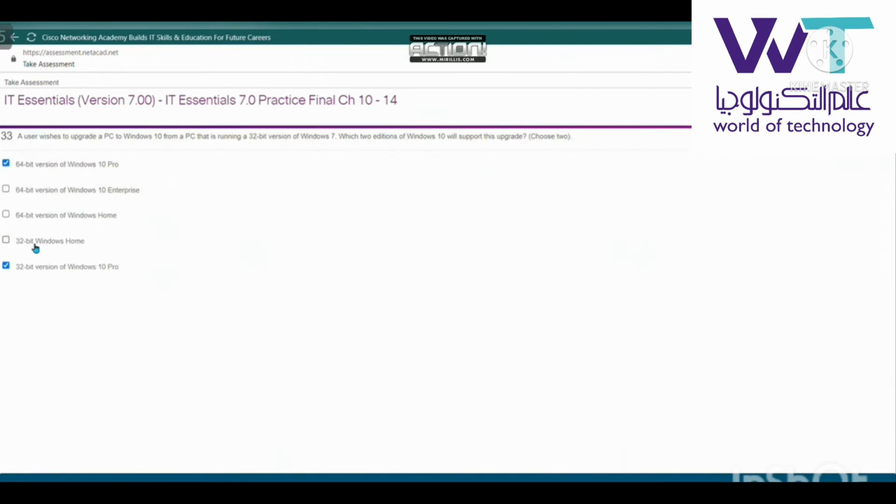السؤال اللي بعده a user wishes to upgrade a PC to Windows 10 from a PC that is running a 32-bit version of Windows 7. Which two editions of Windows 10 will support this upgrade? Choose 64-bit version of Windows 10 Pro ولا 32-bit version of Windows 10 Pro. وعايز 2. السؤال اللي بعده